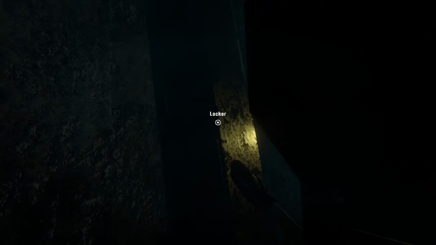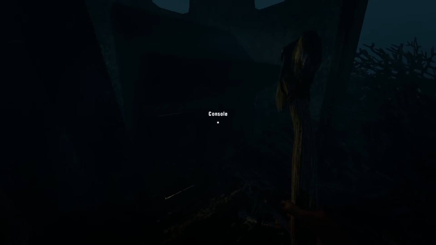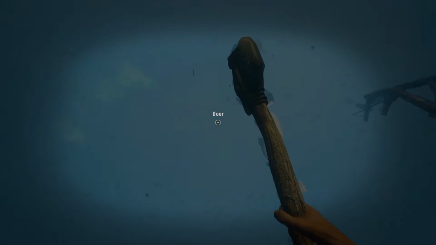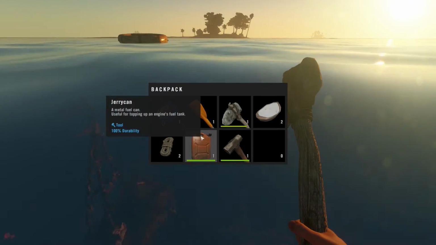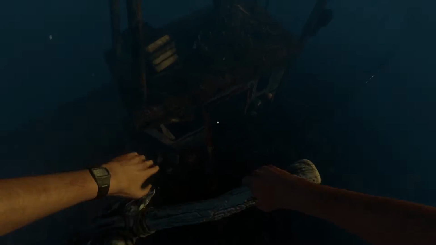Jerry can, sure, I'll take that. A hammer, yeah, I'll take that. We have a lighter and another jerry can. I don't know what those are good for, but let's have a quick look. It's a tool. Ah, topping up an engine's fuel tank. And we do want the engine at some point, so...